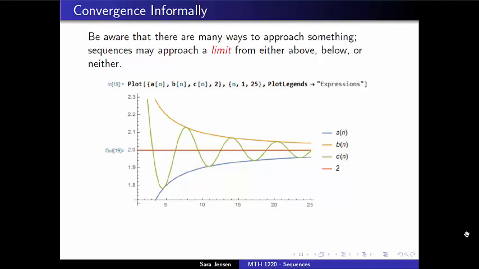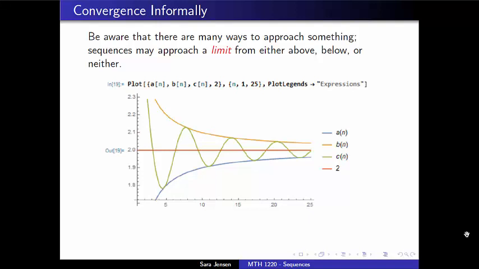Before we move on to covering the formal definition of a convergent sequence, which is actually a very challenging definition to wrap our heads around, I want to continue with a little bit of our informal study of convergence. Informally, we're talking about a sequence approaching something. The thing that that sequence is approaching is called the limit of the sequence. And we want to remember that there are many ways to approach something. So that's one little caveat that will be important to us when we actually move into the formal definition of